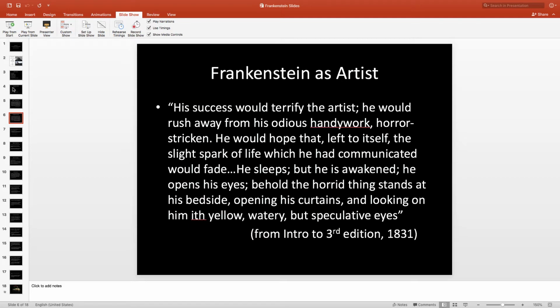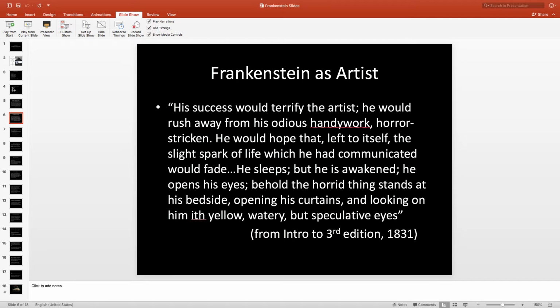And so in the introduction to the third edition, Shelley wrote that his success would terrify the artist. He would rush away from his odious handiwork, horror-stricken. He would hope that the slight spark of life which he had communicated would fade. But he is awakened. He opens his eyes. Behold, the horror thing stands at his bedside, opening his curtains and looking at him with yellow, watery, but speculative